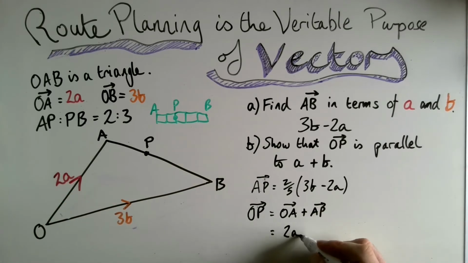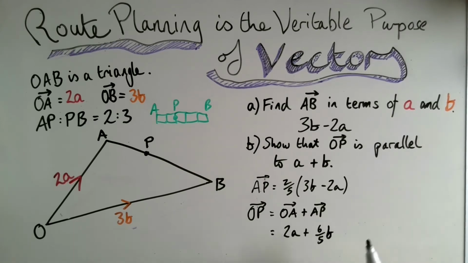It's 2A. And AP is all of this. Now, I think I'm going to need to do some simplifying later. So I'm going to expand this bracket now when I write AP down. So 2/5 times 3 is, well, 2 times 3 is 6, isn't it? So that's 6/5 of B. And 2 times 2 is 4, so that'll be minus 4/5